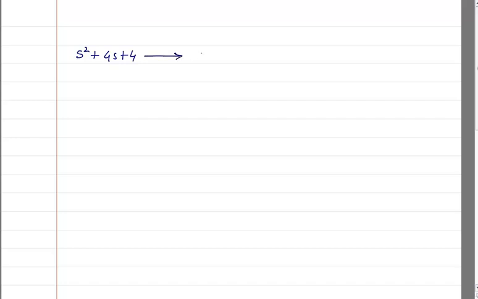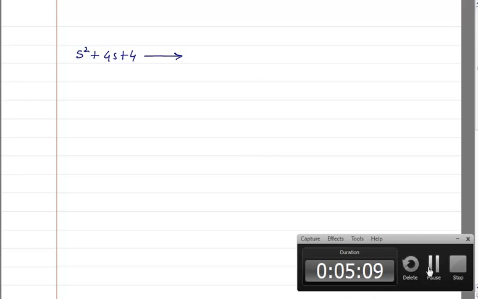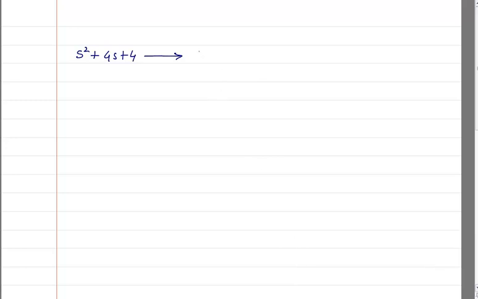You can write its factors if you use a calculator to calculate them; how to solve a quadratic equation using a calculator, you all know. So if I use that to solve it, I will get the two factors as s is equal to -2, and the second one is also s is equal to -2. That means I can write this in the form s plus 2 into s plus 2. If you multiply this, it will give me this.